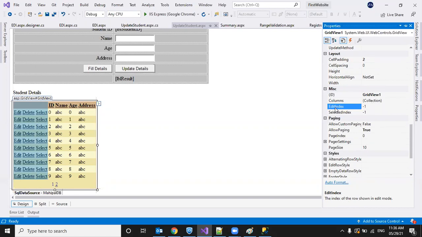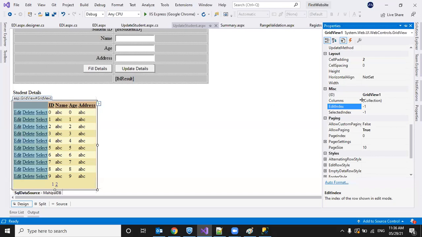Okay. Suppose when I am clicking on a particular row's edit button, on clicking the edit button, we will set edit index. Edit index. So if edit index is n, then the n plus 1 row is in edit mode. Okay. If I click the third one or fourth one, suppose I am clicking the fourth one, the index will be 3, because it starts with 0. 0, 1, 2, 3.